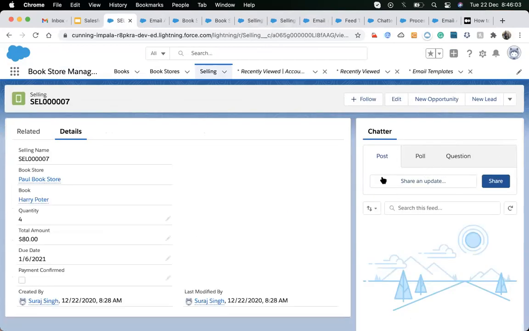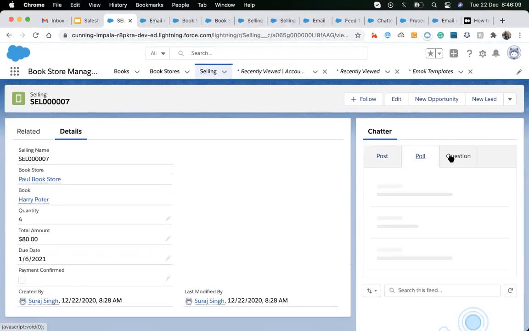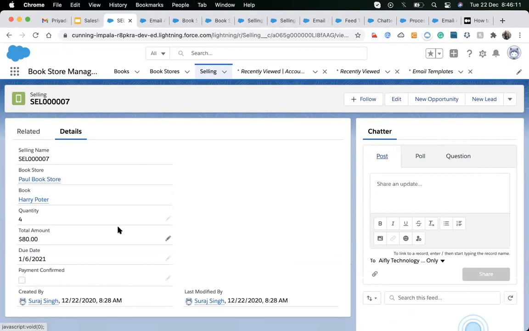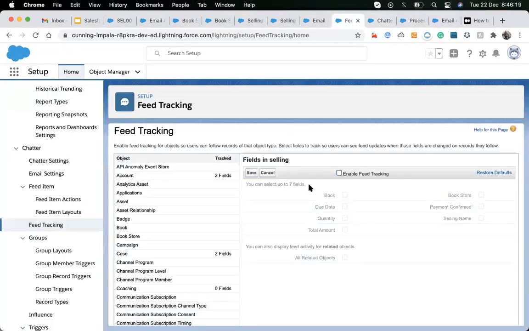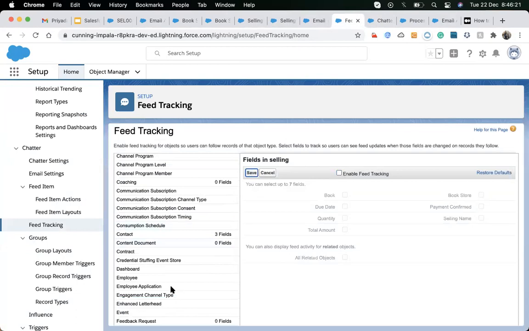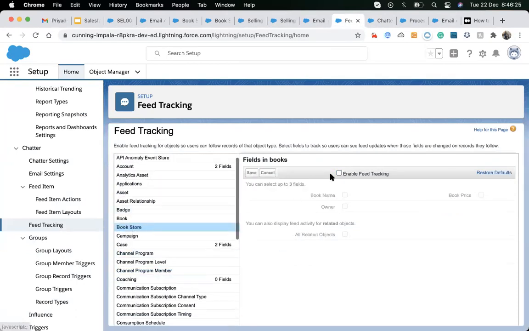Okay, now it's showing. We just need to enable that feed tracking. Sorry, I made changes on the wrong object. I need to make changes on the bookstore, not here. Feed tracking, save.